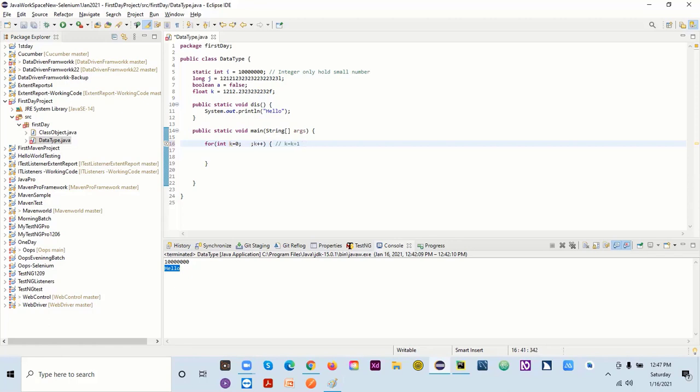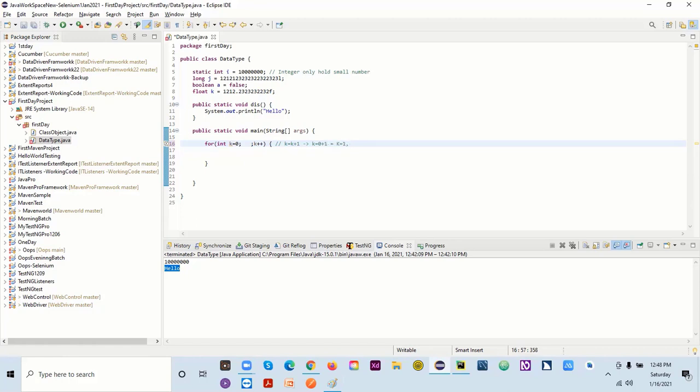Right now k value is 0, and it will be incremented by 1, so k equals 0 plus 1, which is now 1.